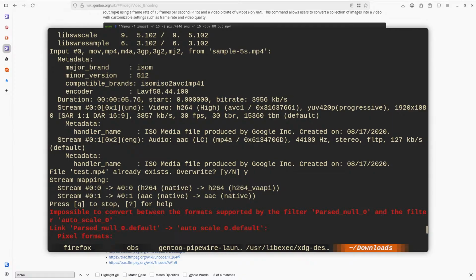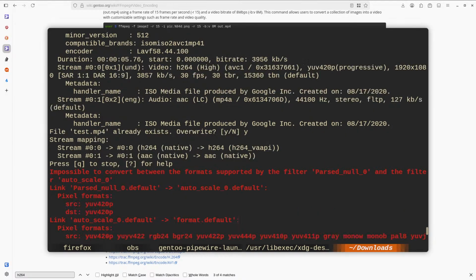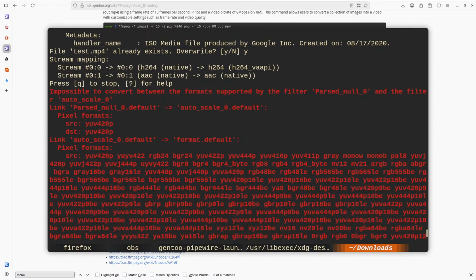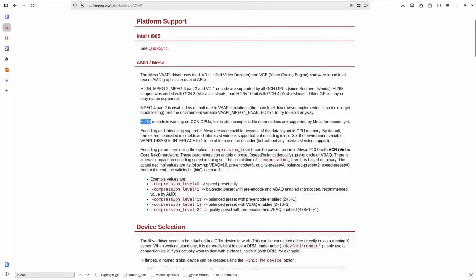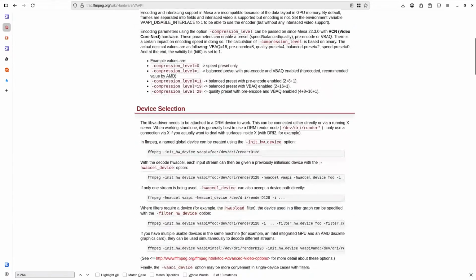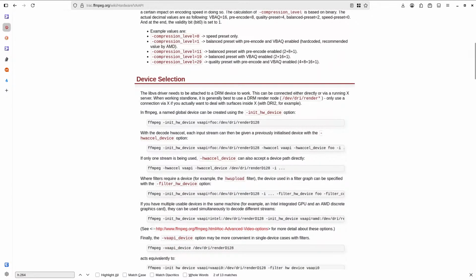Impossible to convert between the formats supported by the filter parse, null, and filter auto scale. Eh? There was another one, which I doubt is gonna help. Wait, actually, I can do HEVC via API.